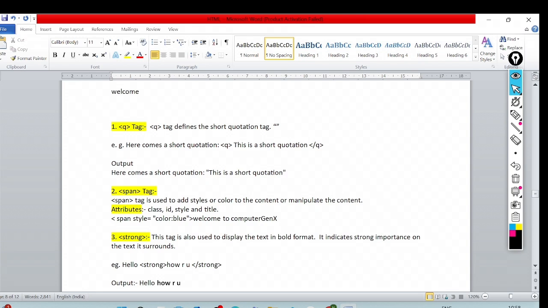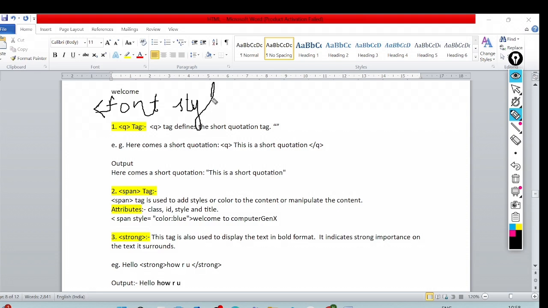Span tag is used to add styles or colors to the content or a piece of text. So in span we use some attributes. I think you know about the attributes, we have discussed earlier. We have done the font tag, and in the font tag we have discussed style.